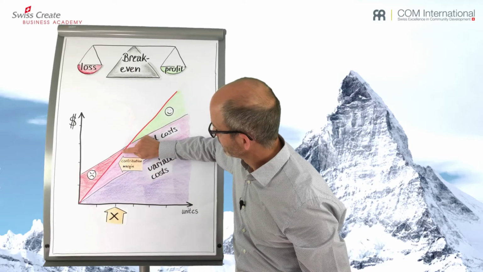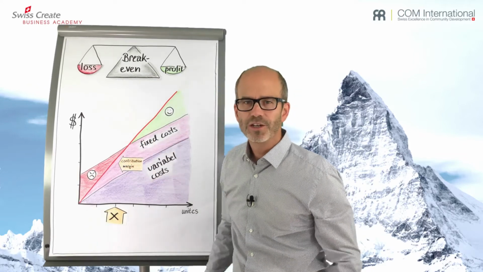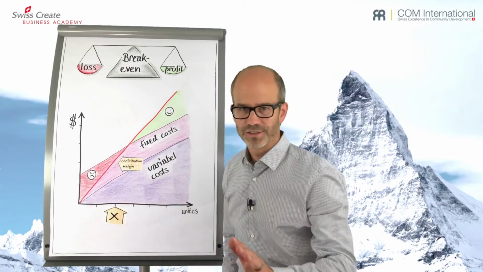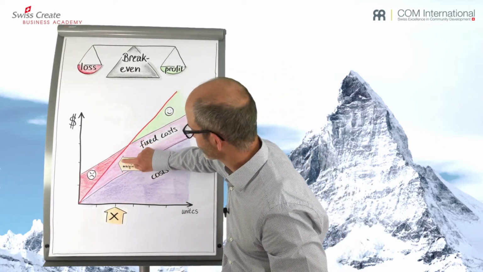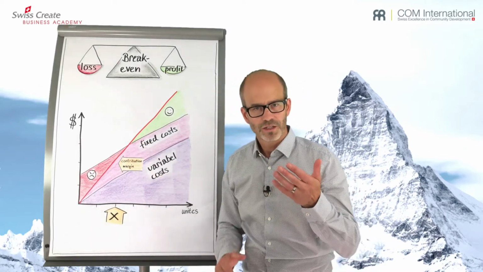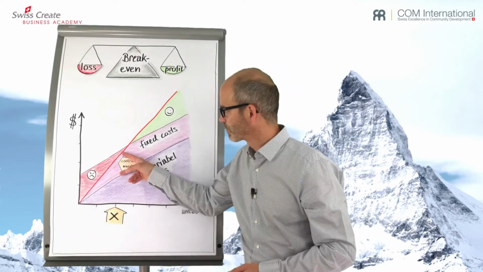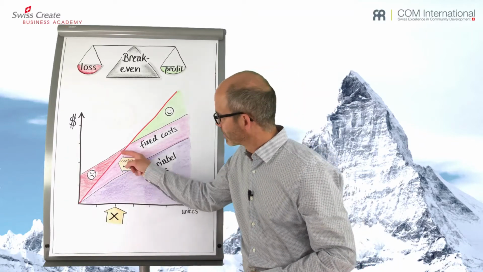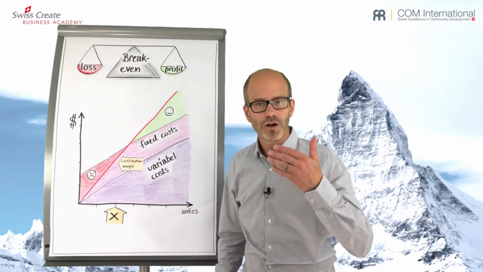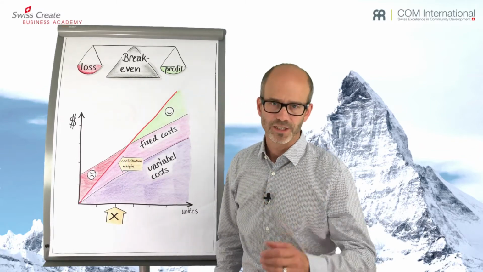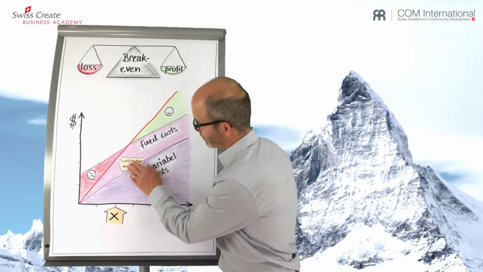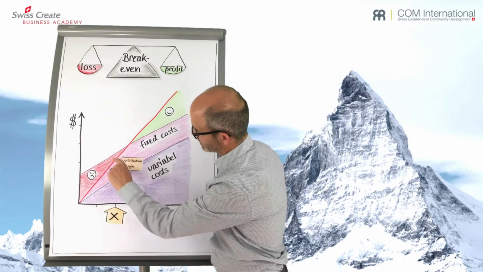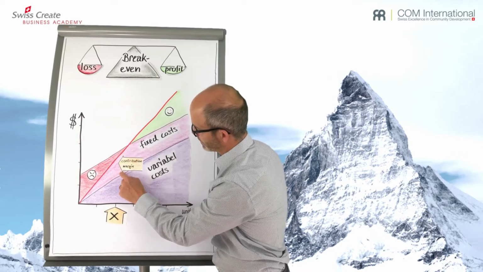You will get a certain amount of money to cover your fixed costs. The variable costs are covered. But now up here you have a part of contribution margin. Now this turnover contributes to your fixed costs. With this turnover, it's possible to cover part of your fixed costs. Without selling and producing, you will have these fixed costs, the whole line. But